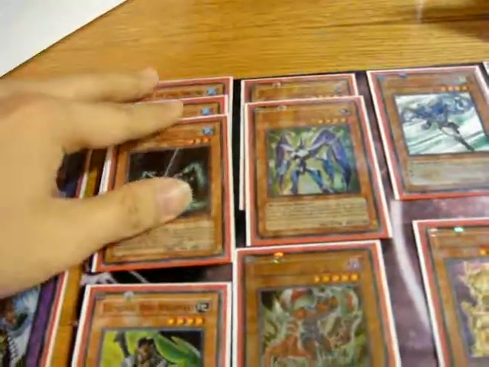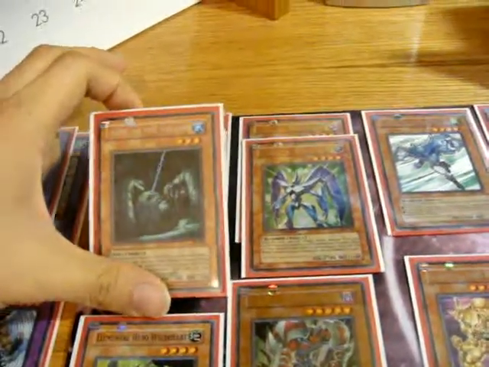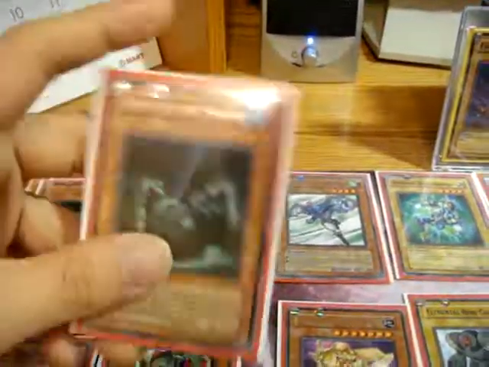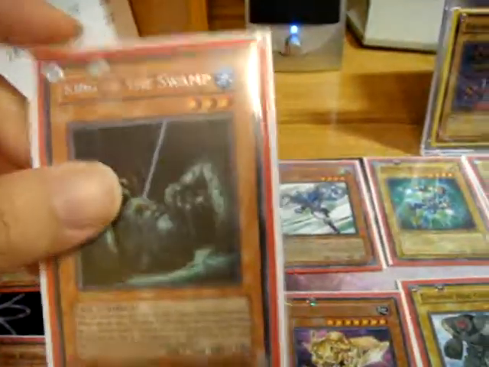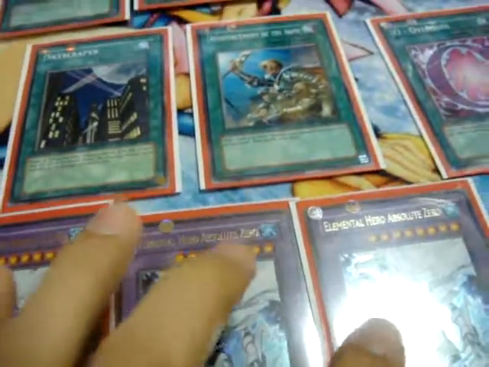I run 3 King of the Swamp. Obviously, this guy is the solution to fusing into any of these, pretty much. This guy can be used as a substitute for one fusion material, so it's really good. It's also my one out of 2 ways of special summoning these guys, Absolute Zeros, which are